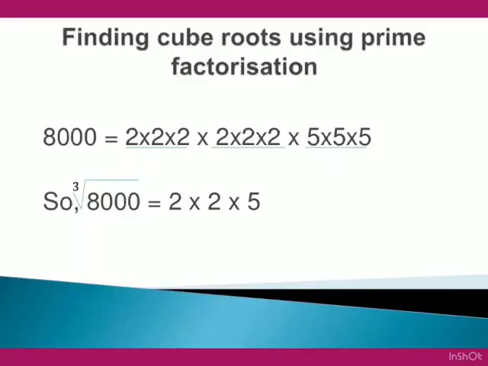Now we will discuss different methods to find cube root of a number. First of all, let us discuss prime factorization method. So, prime factors of 8000 are 6 times 2 and 3 times 5. Now we are to make groups of 3 numbers and take out one number from each group. So, take out 2 from first group, 2 from second group and 5 from the third group and multiply that. That will be the cube root of 8000, and that will be 20.